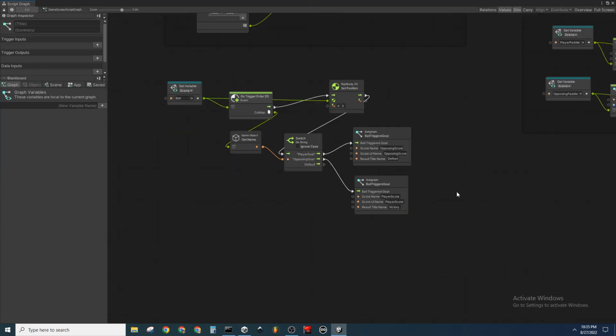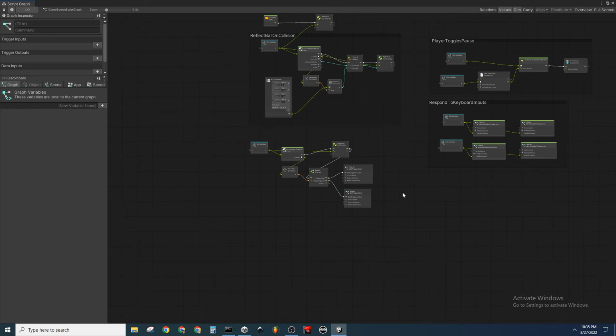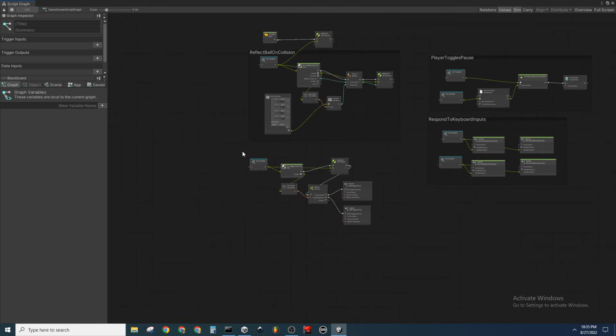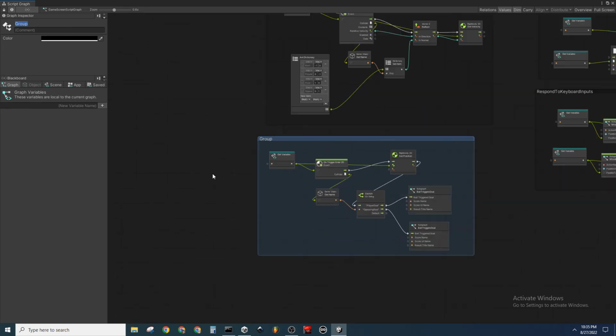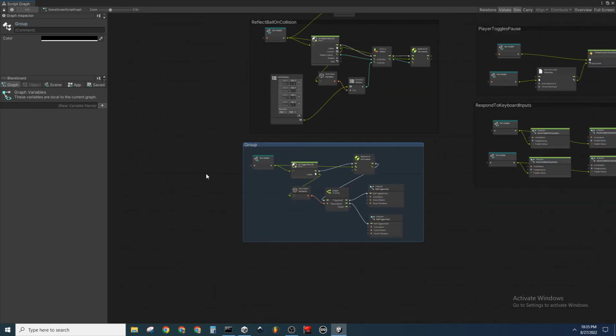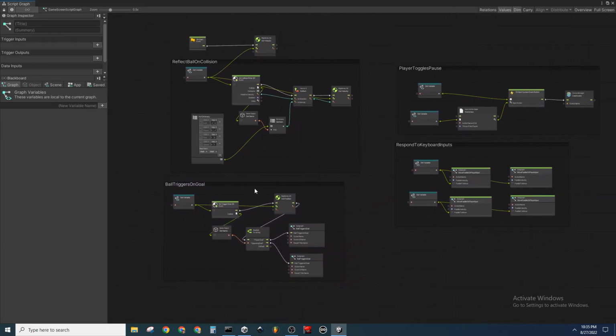And actually, now that I'm in here, I'm going to tidy this up real fast. This, we're going to hold control and drag around this to create a group. And I'm going to change the group name here to, it's essentially ball triggers goal. It's the same name as the subgraph, but you just differentiate a little bit. We'll say ball triggers on goal. So now that we have that set up,